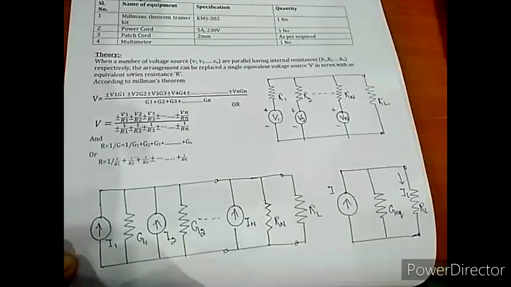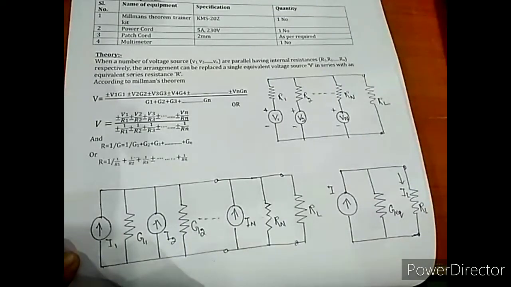In this class, students, we will perform an experiment on Millman's theorem. So let us discuss first what is Millman's theorem. Millman's theorem says that if a linear circuit consists of n number of voltage sources in series with their internal resistances, then the circuit is converted into an equivalent voltage source in series with the equivalent resistance, connected in series with